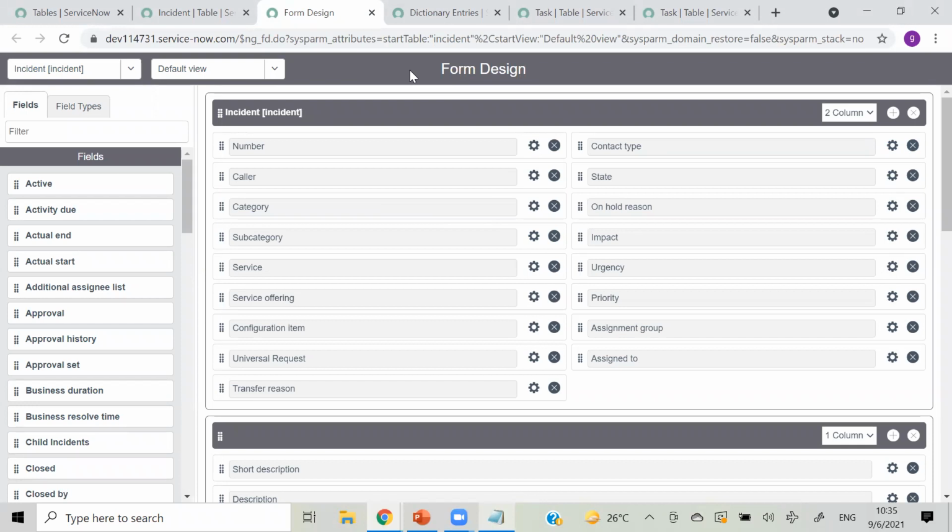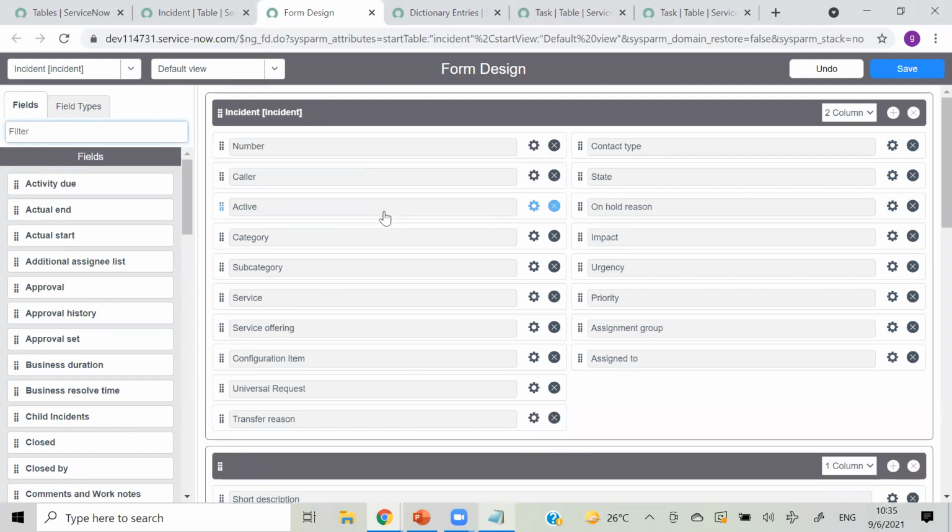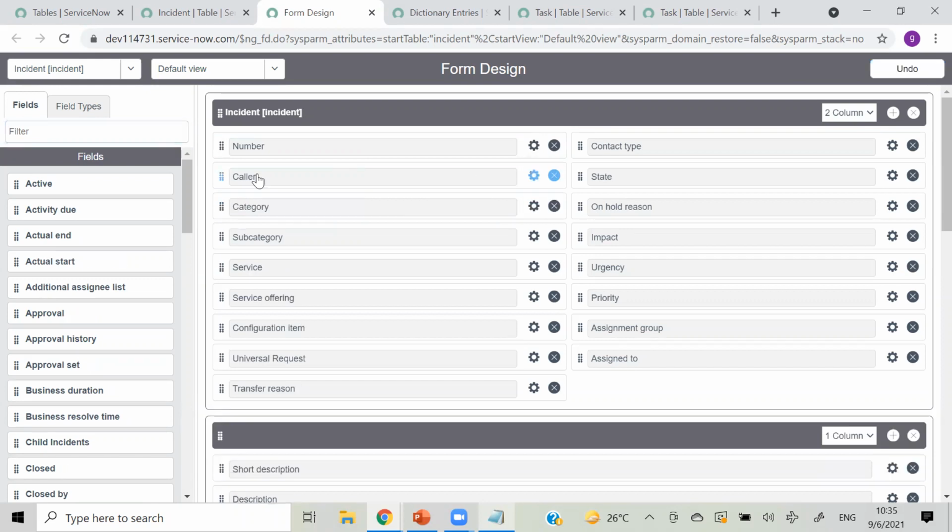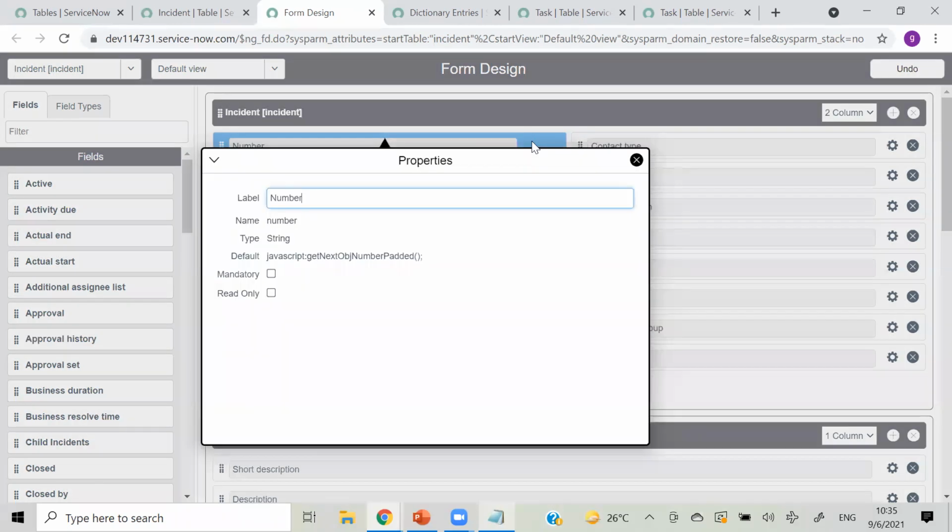This is about form designing, where you can design your form, the same as we do in .NET, right? Drag and drop: if you want to drag that and drop it here, or remove it from there. The drag and drop option is clear, right? Then we have the setting option. In that, if you want to change the label of that number field, you can change that, and that is a type of string. This we will choose while creating a field.